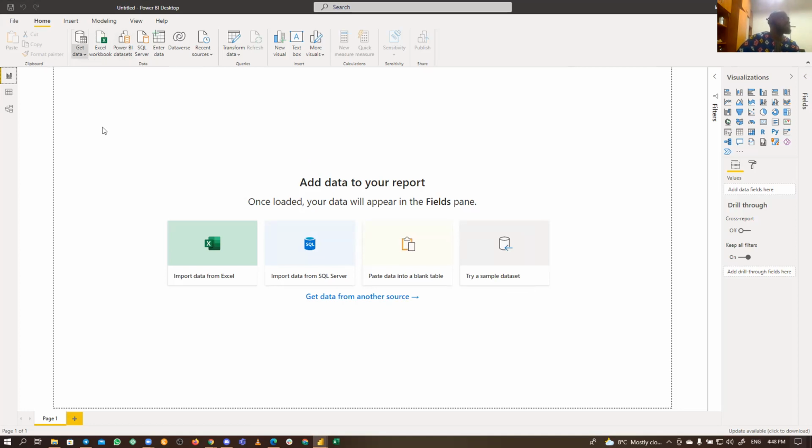In case you don't, you can also click on this arrow here. It pops up the immediate options. These are the easiest ones that you're likely to connect with. Then if your needs are beyond that, you can just click on more or click on get data itself, and it's going to pop up that screen where you can access all the data sources.